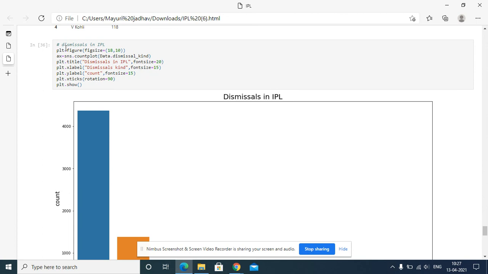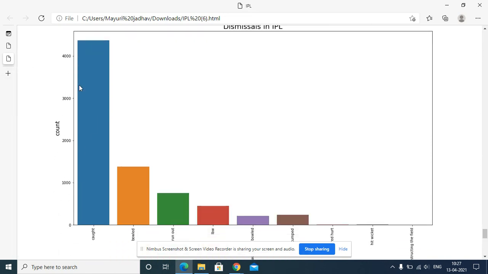Dismissed in IPL, plt.figure, x dimension, y dimension. I want a histogram, that's why I'm passing this command. Then plt.title, x label, y label, and xticks. I'm showing the graph, and from this graph I conclude that most dismissals in IPL were by caught out.